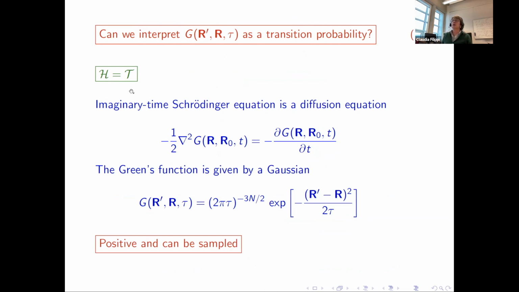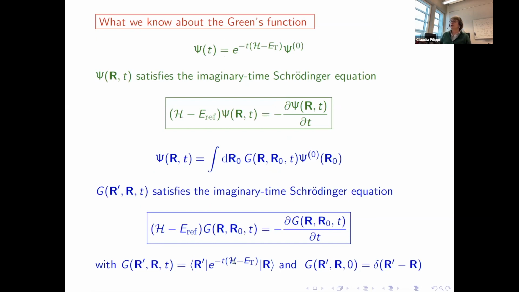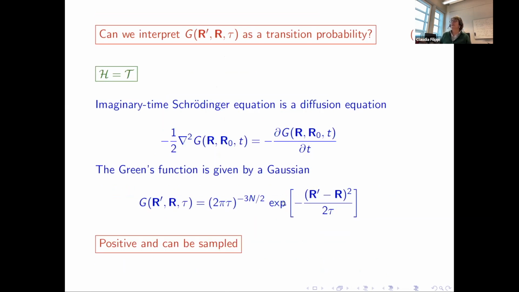The first thing we can do is we can say we throw away the potential, so the Hamiltonian is only the kinetic energy. Now, if we write this equation, we will have that the Green function, if you have no potential, just satisfies a diffusion equation. You have a Laplacian here, there's a minus, but there's a minus also here.